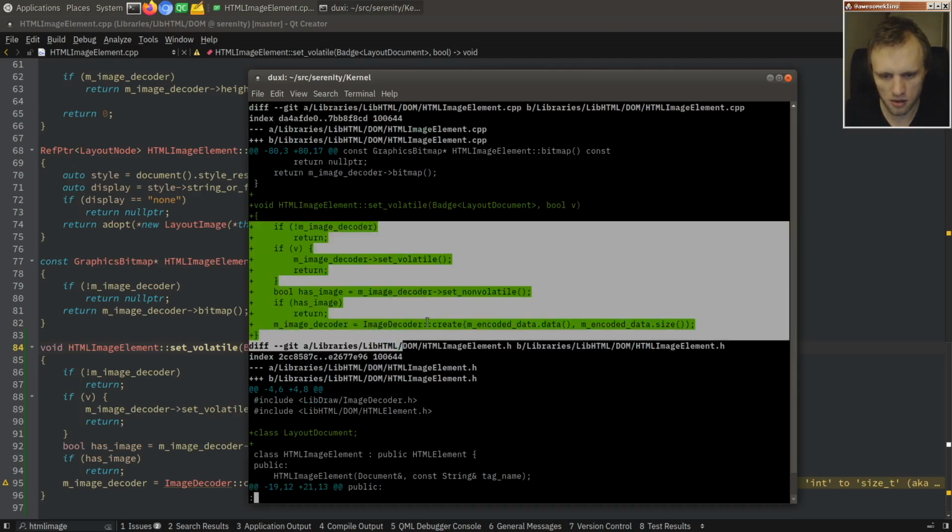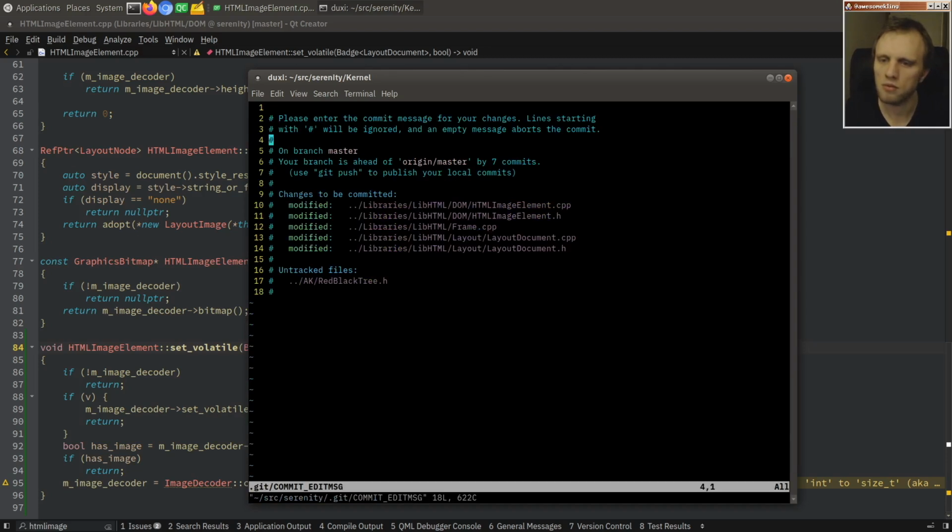And this is a little awkward, but I think it's okay. So we'll say HTML: Mark images outside the visible viewport volatile. Mark image bitmaps